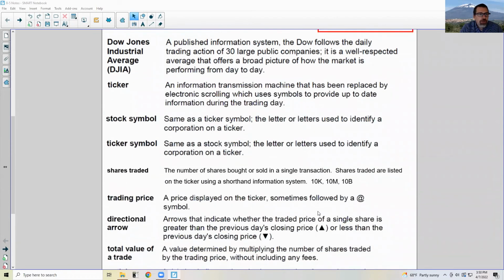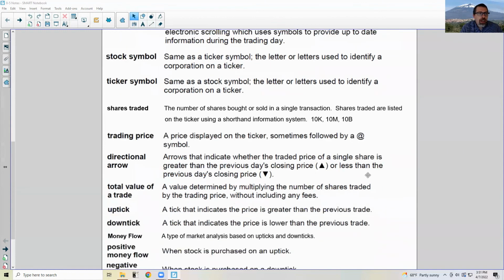Dow Jones Industrial Average, the DJIA, is a published information system. The Dow follows the daily trading action of 30 large public companies. It is a well-respected average that offers a broad picture of how the market is performing from day to day. Ticker, an information transmission machine that has been replaced by electronic scrolling, which uses symbols to provide up-to-date information during the trading day. And then there's stock symbols. A stock symbol is the same as a ticker symbol, the letter or letters used to identify a corporation on a ticker. For example,